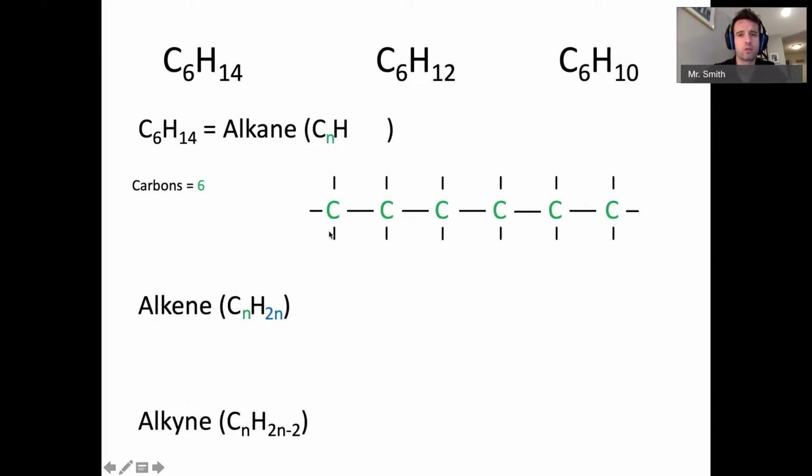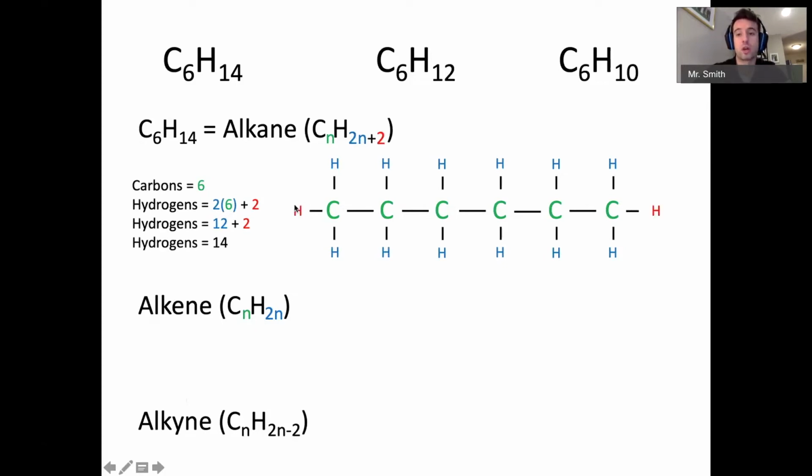a hydrogen. So if we think about it, realistically, what we're saying is the 2n part of that is just that every single carbon has at least two hydrogens coming off of it. Then you have the two on the outside that have two extra bonds, just because they need a total of four bonds, just like every other carbon. They're going to need two extra hydrogens. So if you think of the 2n as every carbon, interior or exterior, needing two hydrogens, and then you think of the +2 as the two extra hydrogens that the exterior carbons need, that might help make sense of the